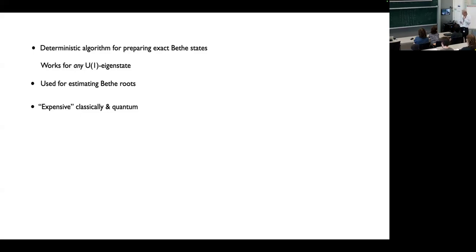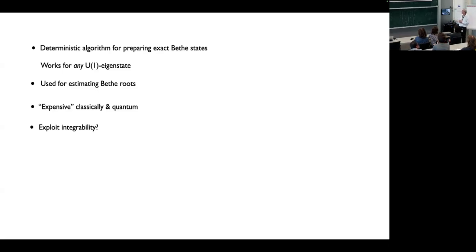On the classical side, these coefficients F involve a sum over permutations, and the number of those is like n factorial. So it is expensive to compute the coefficients classically, and the circuit itself also has a large circuit size and circuit depth. So we didn't really exploit integrability in this approach, except for the formulas for the coefficients,